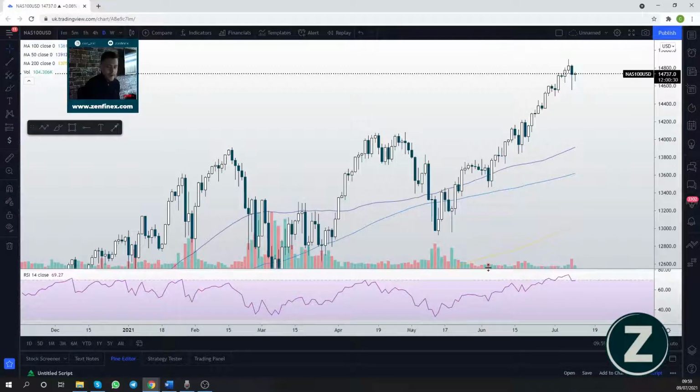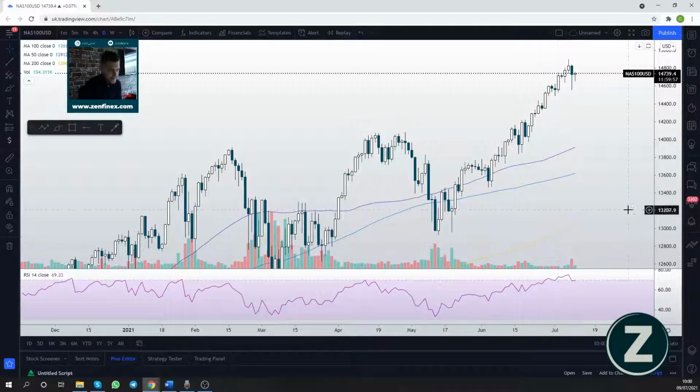I've got the volume indicator here. Have a look at this rally from early June, where we've led up to around where we are now, very close to 15,000. Look at the volume. This just shows the real lack of volatility at the moment, and how this rally really hasn't been led off anything other than really small amounts of volume, really thin liquidity in the markets at the moment, which is always a recipe for equities to go higher.